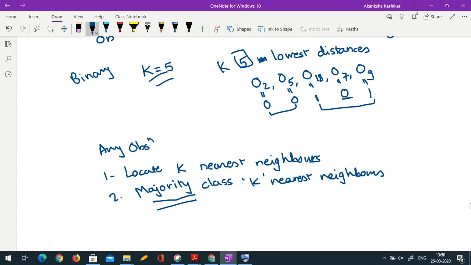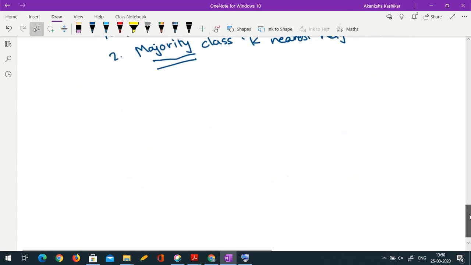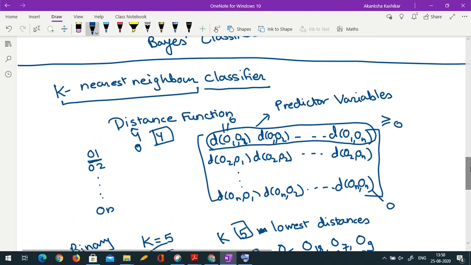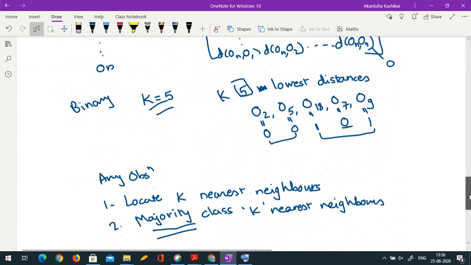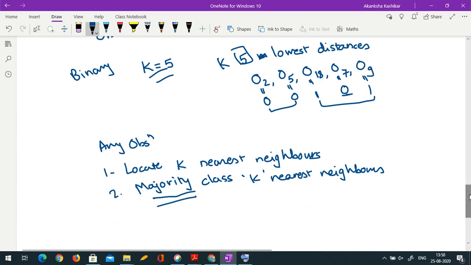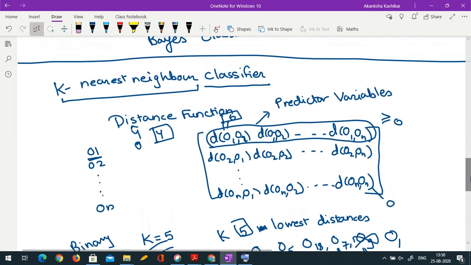Now, what are some of the important points here? When I am talking of training data, ideally I shouldn't ignore this 0, because in the training setup I can have that observation itself in the data. So one of my neighbors would always be that observation itself. So if suppose this is the 5th largest, I would remove it and O1 would always be in the picture. So when I am talking of training data, I should not leave that observation out. One of the neighbors is always that observation.